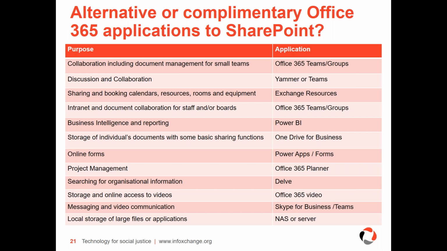An example of that would be, say, a small organisation of 4 or 5 staff where you have one person who does all finance and HR, and then everybody else just works together. So you just be able to quickly create an Office 365 team for the HR department to store their information, and then quickly create another one for all staff to store all of their information. But you've got the similar limitations within the document storage that you do with SharePoint on number of characters for paths and number of files per document library. But once again, within Teams and Groups, it's very easy for people to add another document library.